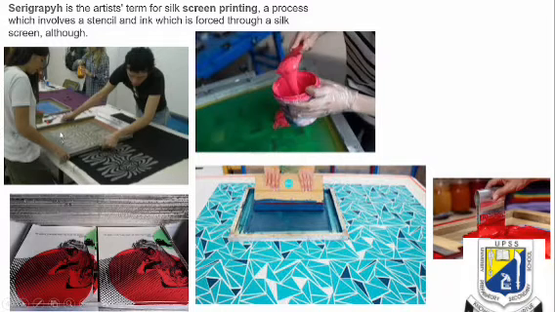After this design has been created, the artist pours ink on the surface of this silk screen. After pouring the ink, he tries to spread the ink around using this device which is called a scourge. After spreading the ink, he places the silk screen on top of a fabric. This is a fabric or paper. Then as he spreads the ink on this silk screen, the impression is created on the fabric,